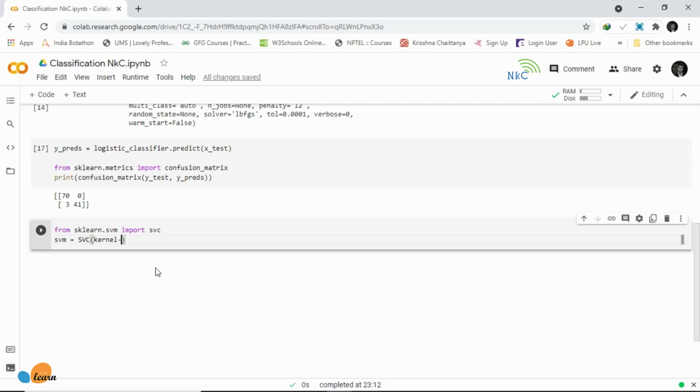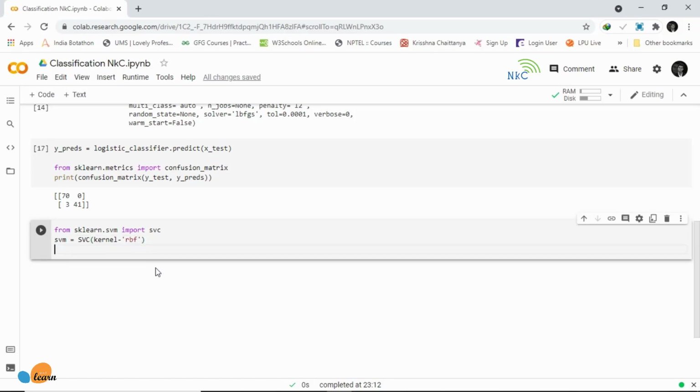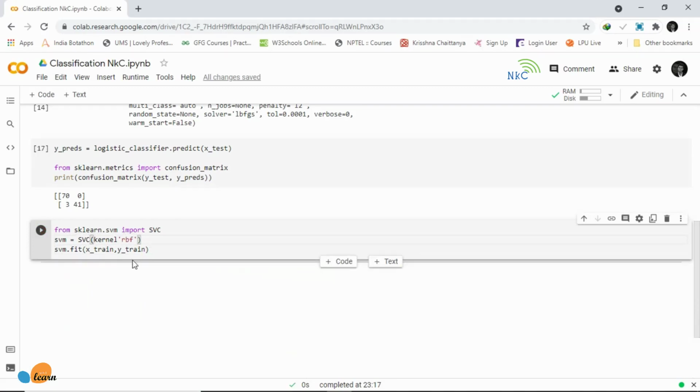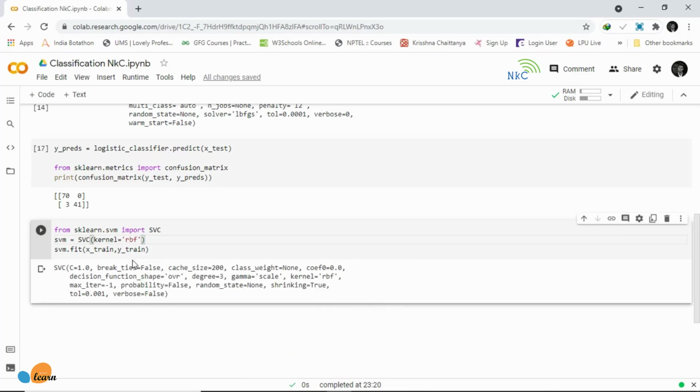You can get rid of the kernel, whatever you want, but just for this example we are going to be using a kernel just to show you that it works. I know if you wanted to make a support vector machine for something other than a classification problem, like a regression problem, instead of importing SVC, for support vector classification, you would import SVR, for support vector regression. Next we are going to call svm.fit and we are going to feed it our X train and our Y train.